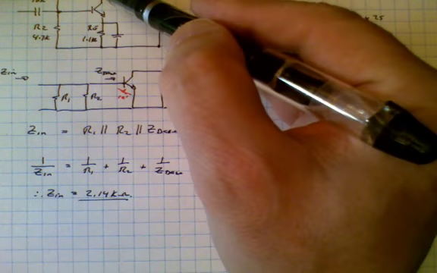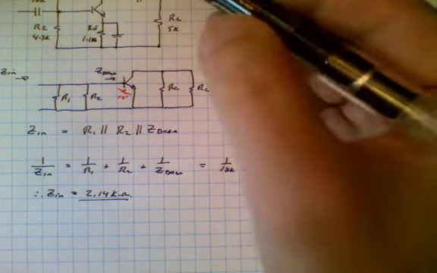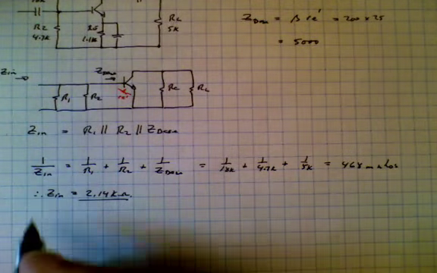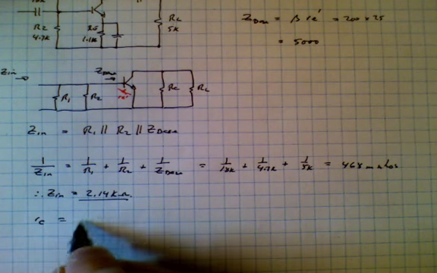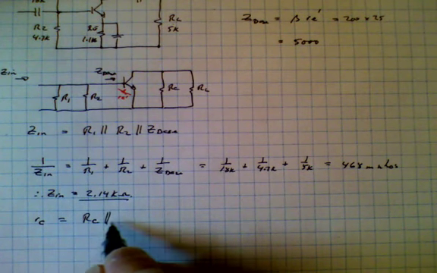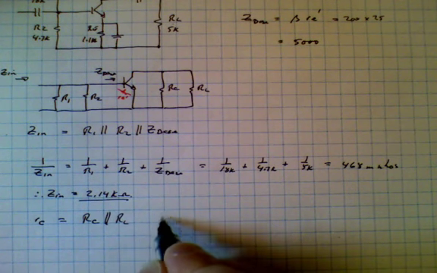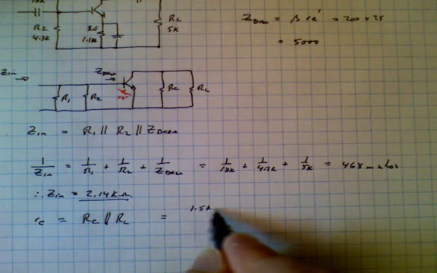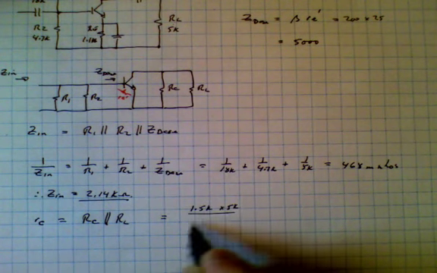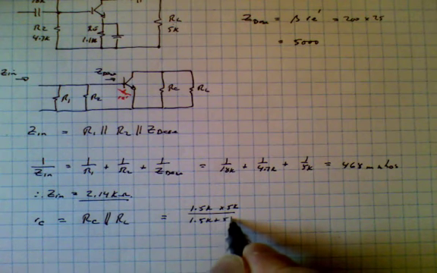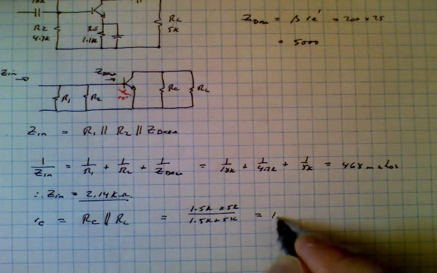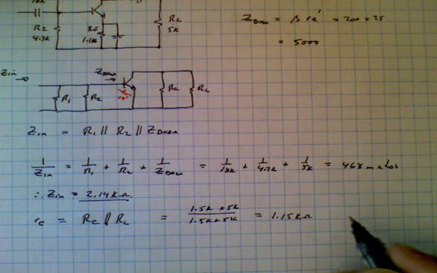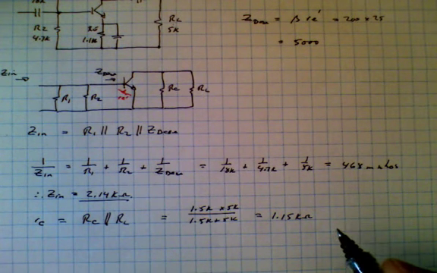Next, what we need to do is find the output impedance as far as the collector is concerned. That's to say the AC collector impedance. That is designated little r, C. And that's equal to RC in parallel with RL. And that, of course, is 1.5K times 5K over 1.5K plus 5K. And when we turn the handle, this turns out to be about 1.15 K ohms. From this point,